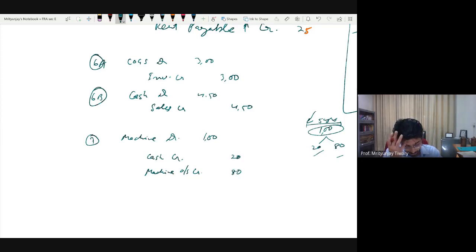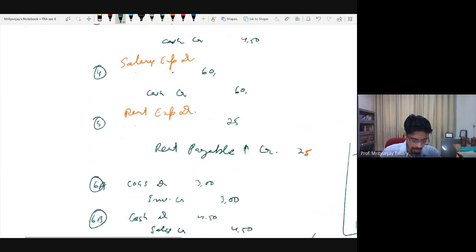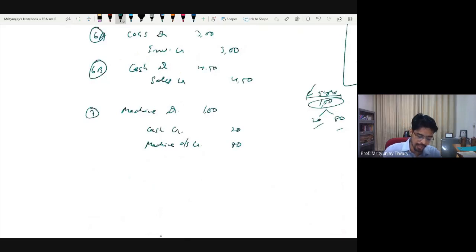Right? Now here you need to notice, I think you would have noticed somewhere earlier also, or maybe not, that there can be a journal entry which has more than one credit or more than one debit. That is a possibility. So dual aspect doesn't mean that there will be only one debit and only one credit. It means that there will always be a debit and a credit, and the total of all the debits and credits will be equal. So here if you check all the debits and credits, the totals are equal. So that is for the machinery purchase.